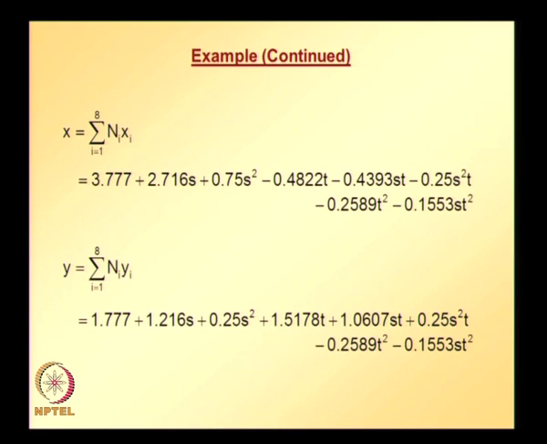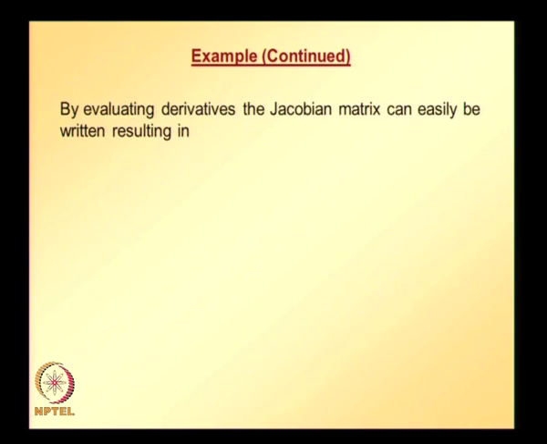These are the expressions for isoparametric mapping. Once we obtain these two expressions, we can easily take partial derivatives of x with respect to s and t, y with respect to s and t, and we can easily find the determinant of J following the same procedure as what we did for the 4 node element. By evaluating derivatives, the Jacobian matrix can easily be written,